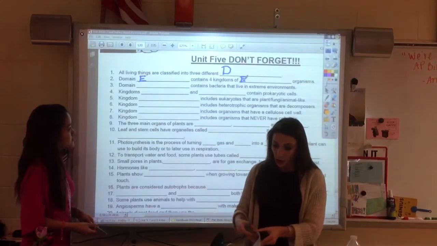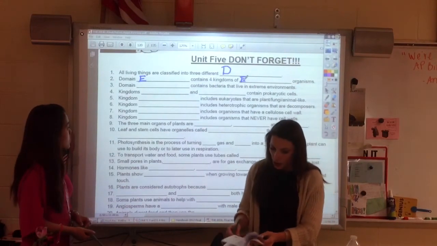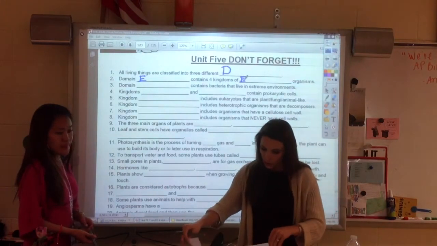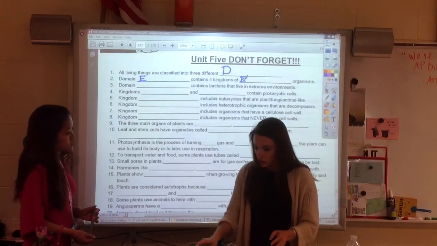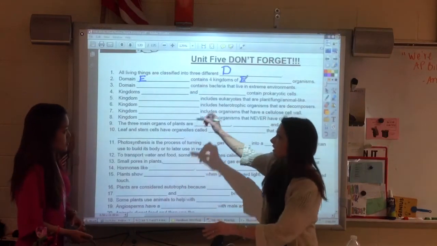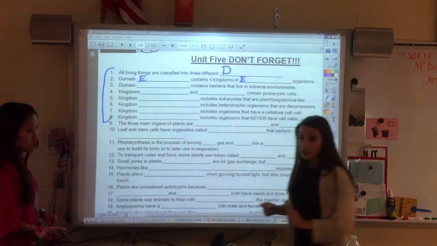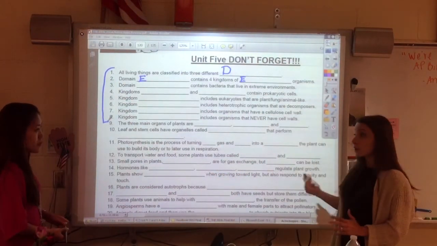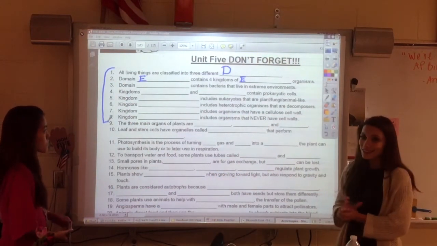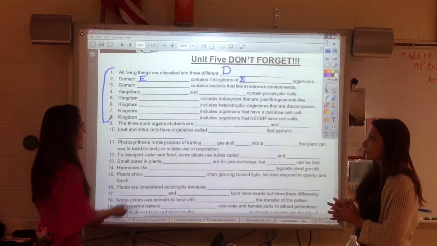And so keep in mind, all of these numbers 1 through 8 are actually going to go along with your notes on pages 97 and 98. So 1 through 8 go along with pages 97 through 98. So if you're not sure, go back to 97 through 98. Number 3, domain